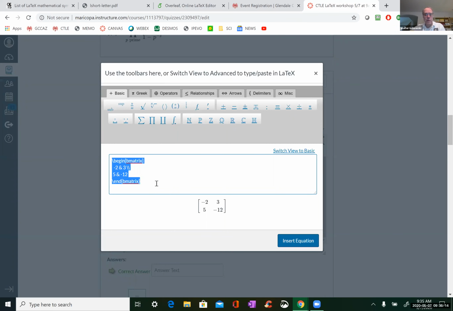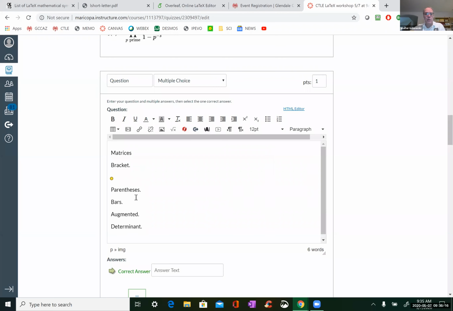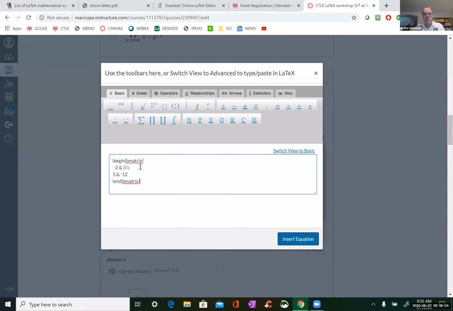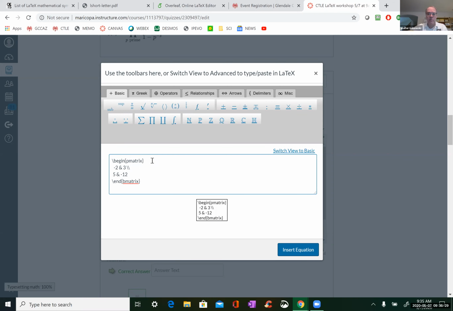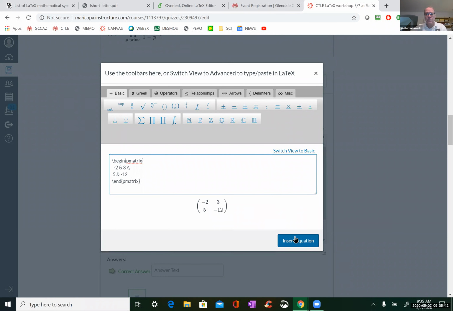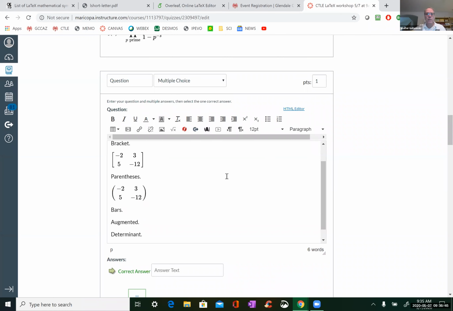So now, okay, that's with brackets. Now, if you say P, you get parentheses, if you want parentheses, okay?